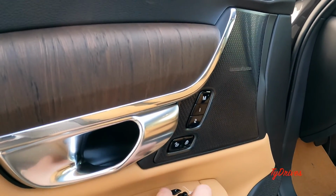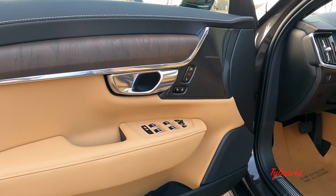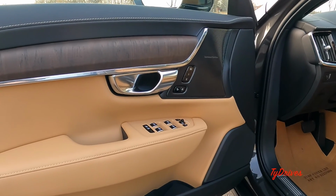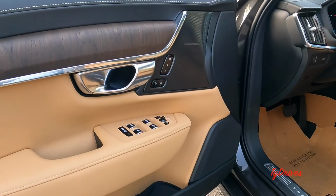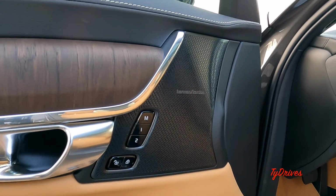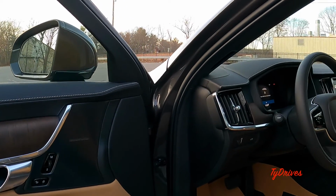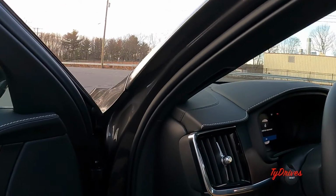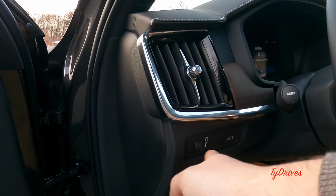The lock-unlock buttons, the powered mirror controls, and the rest of your windows and things like that. You can also control the rear window shades by pressing these buttons again, so those will go up and down, which is pretty cool. This also has the Harman Kardon audio system. You could step it up to the Bowers & Wilkins for quite a bit of an extra fee if you'd like, though. On the left of the dash, we have the air vent, a little bit of wood, gauge dimmer,